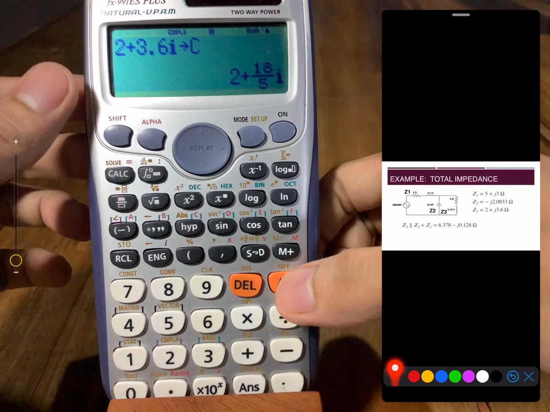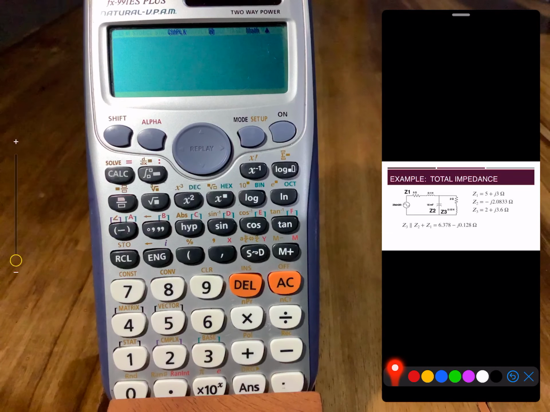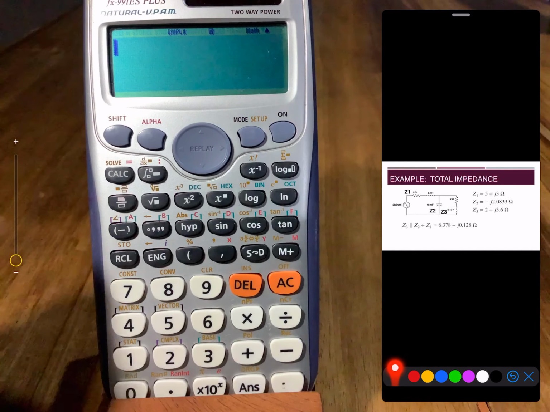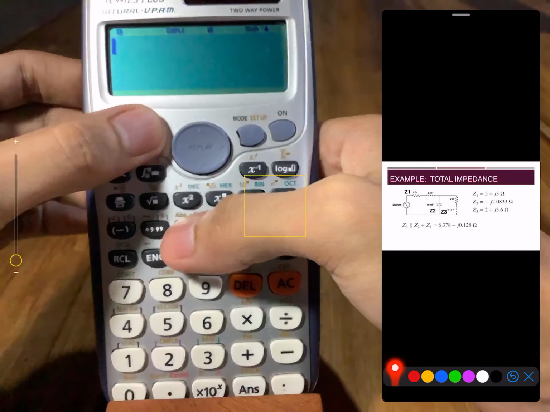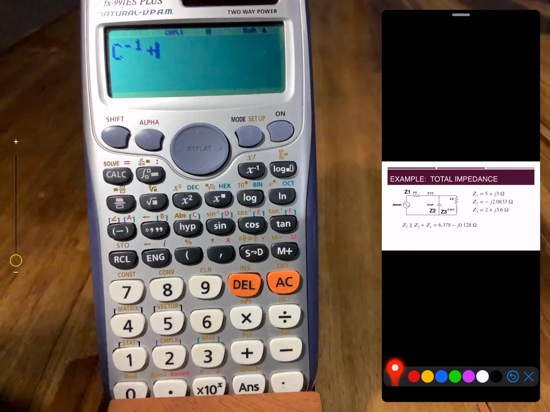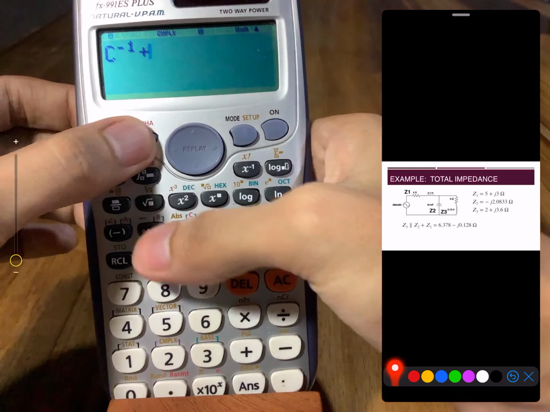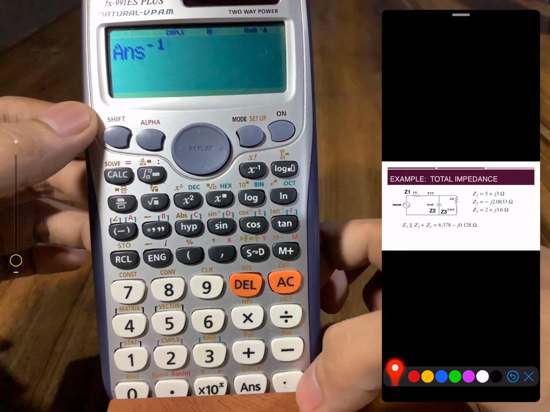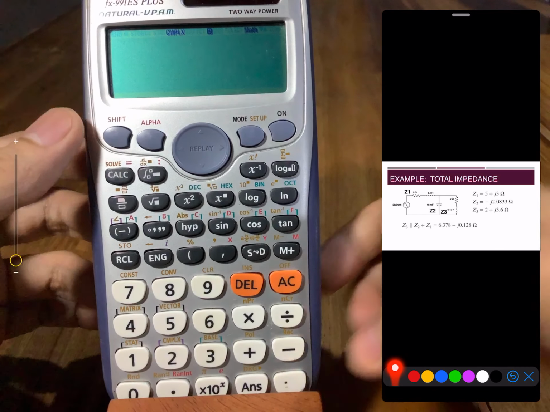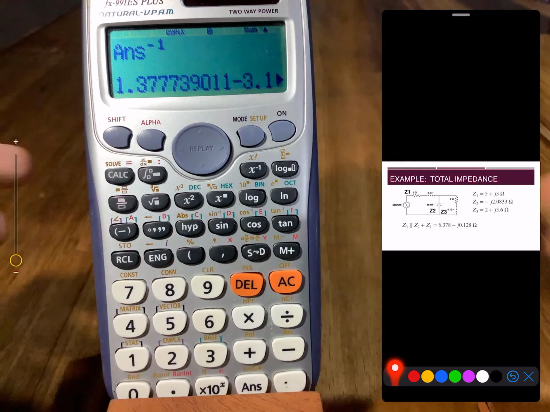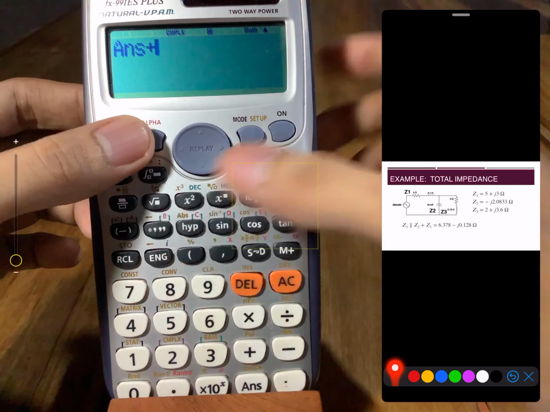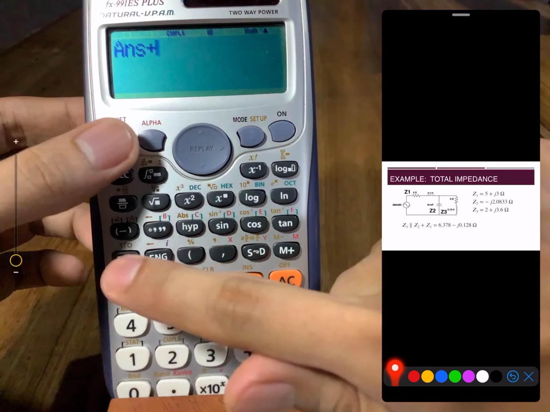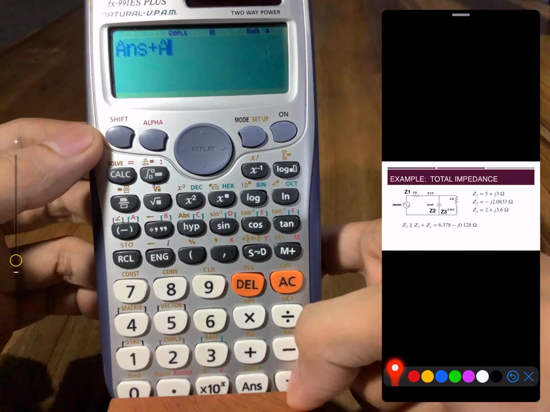In order to get the total impedance, first we consider the parallel connection of Z3 and Z2. That is equal to Z3, which is C inverse, plus Z2, which is B inverse, and get the inverse again for the parallel connection. And for the total impedance, we add the impedance in series, and that is Z1, stored in variable A, and that is equal to